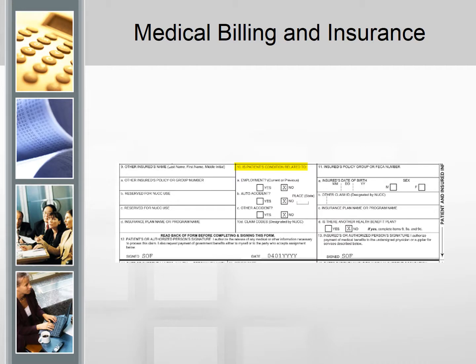Looking at the next portion of the claim form, I want to actually reverse the order that we talk about blocks 9 and 11 because I think it'll make a little bit more sense to you that way. So let's look at block 11 first. This is still related to the primary insurance plan, and they're asking us what the insured's policy group number is